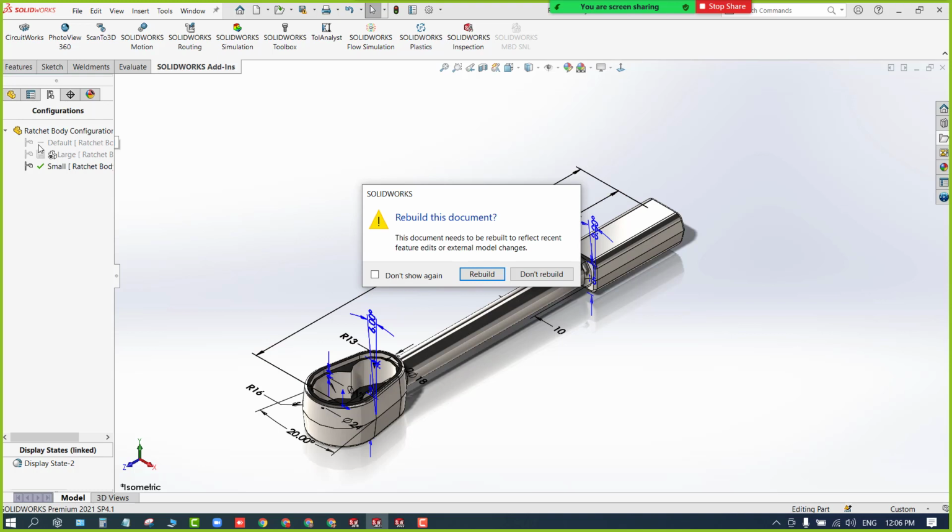And then the green tick mark. The model is up to date. All the updates are done.